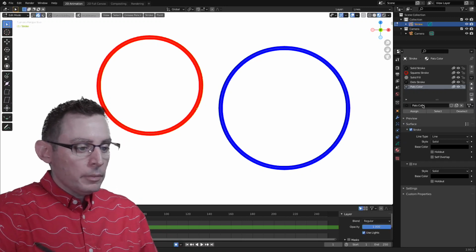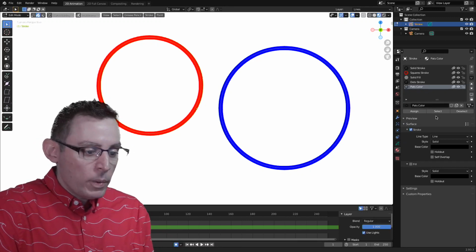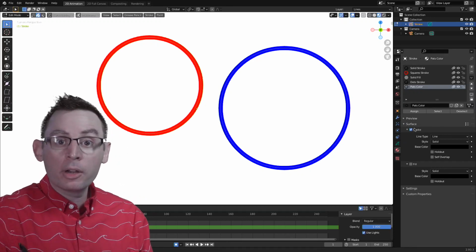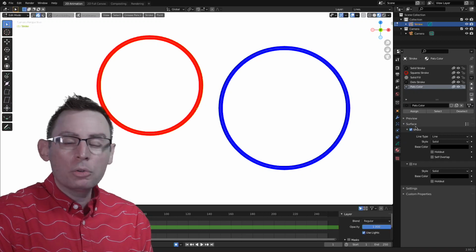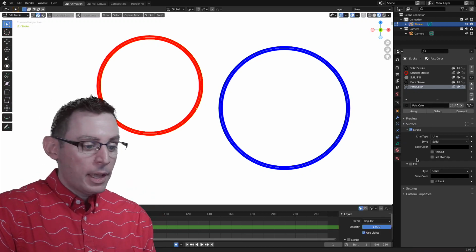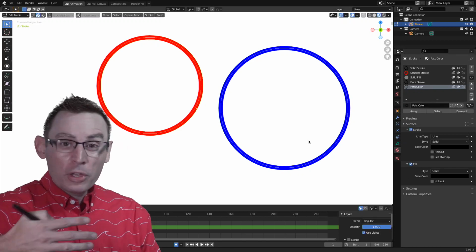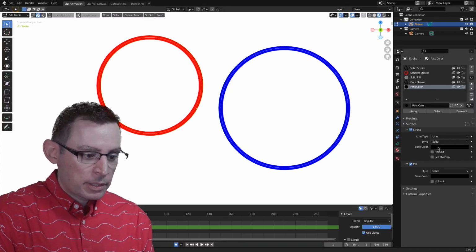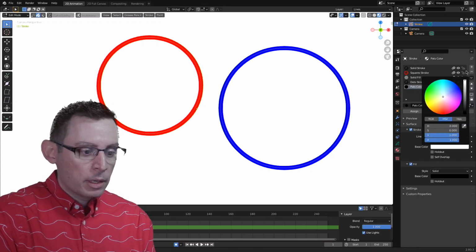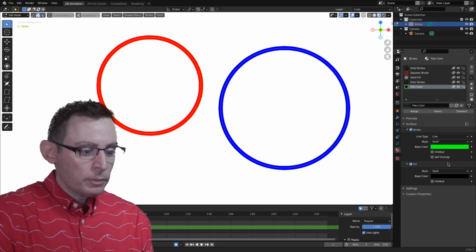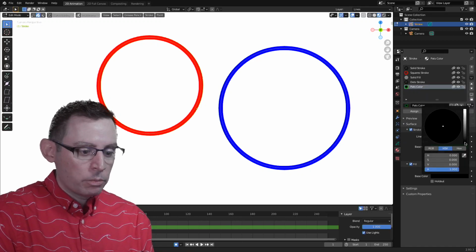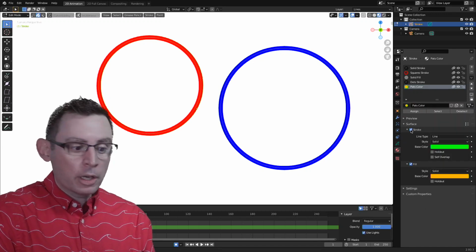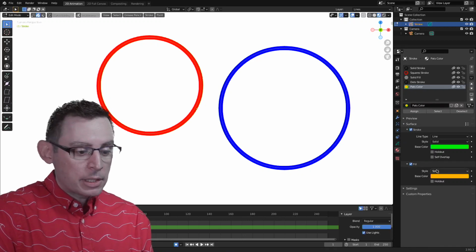There we go. Now with the material Pat's color selected, we can see all of its properties down below it. And of course, we have 2 major areas that we get to work with. We can change the stroke, which is just really a fancy word for an outline, and we can also change the fill parameters. I think for this one, just to keep it easy, I'm going to have the stroke be green. Base color is going to go, let's make it just a real nice shade of green. And then I want the inside to be, let's do a nice shade of yellow, an orangey yellow. There we go. So it's going to have a green outline and then a yellow interior, okay?